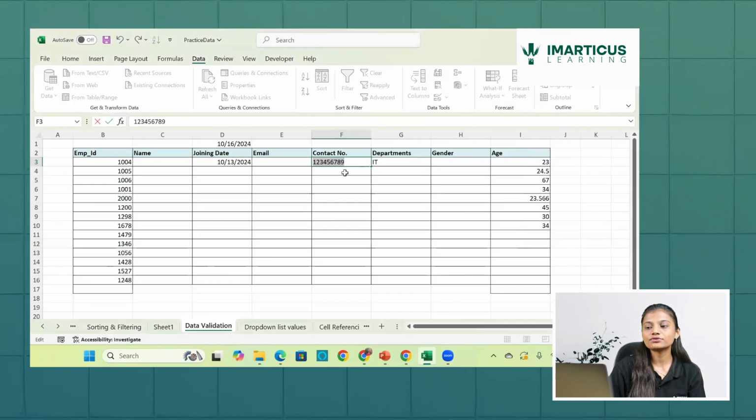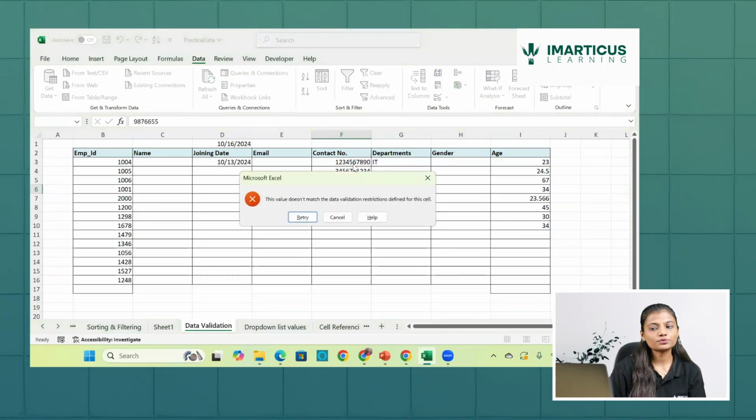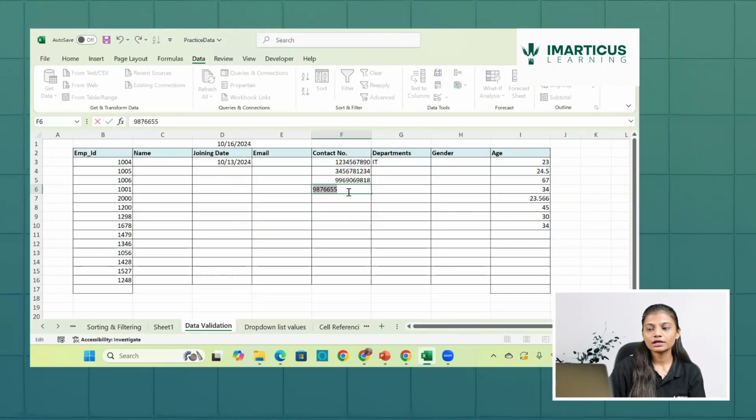So let me retry, and if I enter 0, you could see it's entering. So 3, 4, 3, 5, 6, 7, 8, 1, 2, 3, 4. If I enter, it's entering, let's say 9, 9. So if I'm trying to enter more digits, it will not allow, okay. So that's fine. But if